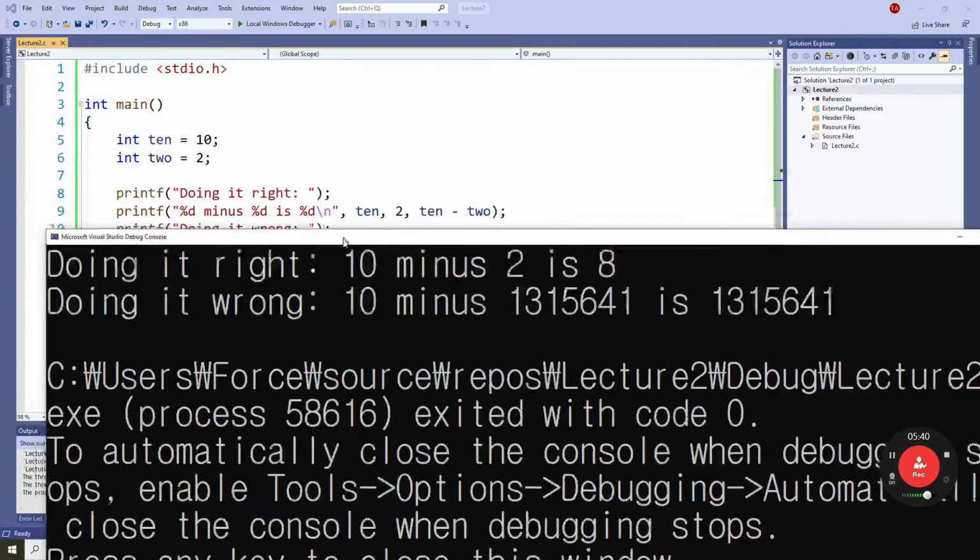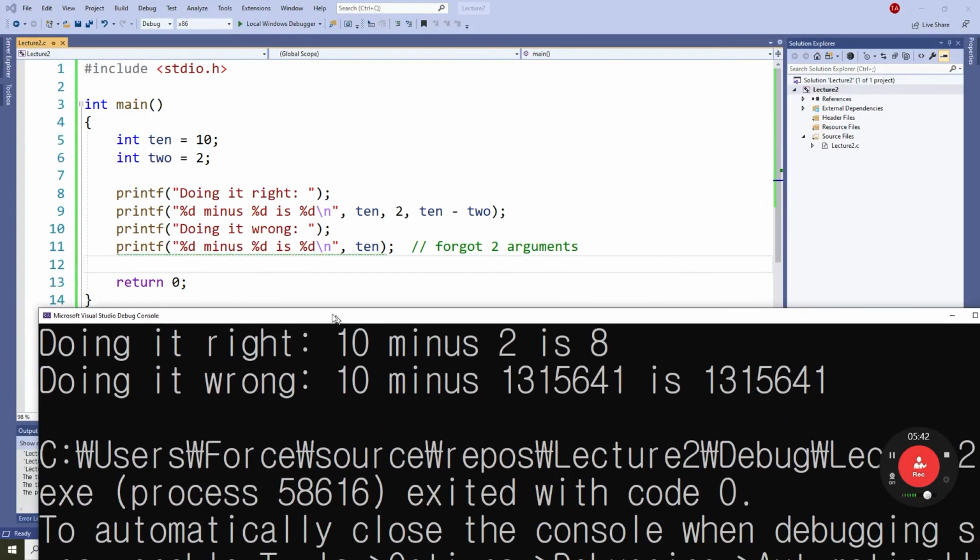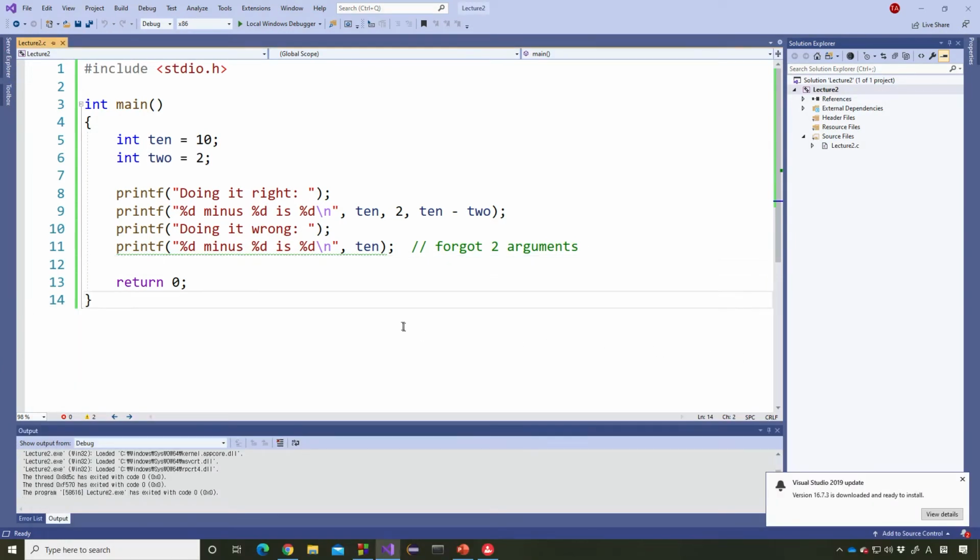So look here, the output will be like this. Doing it right, 10 minus 2 is equal to 8. And this one, 10 minus some garbage from the memory is some garbage from the memory. This is wrong, okay? So now let's go to